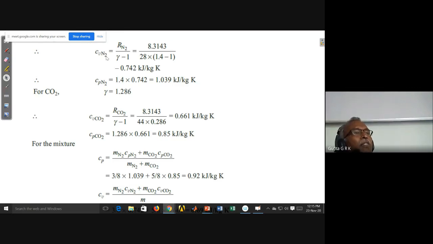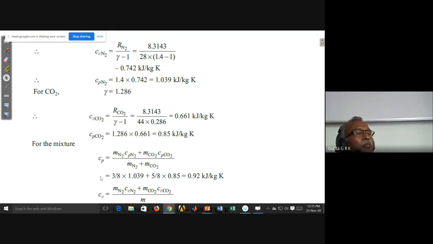Okay, these are actually Cp and Cv. Because Cp by Cv is gamma, Cp is equal to gamma into Cv. I will get this because gamma is 1.286. So for CO2, with gamma of 1.286, I use that here. So Cv and gamma I can find.